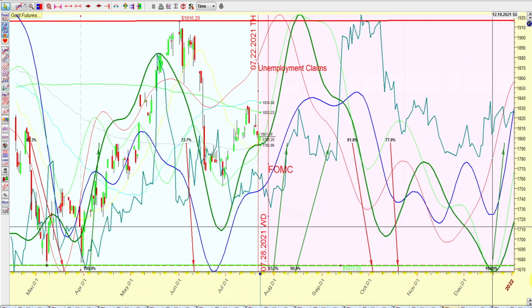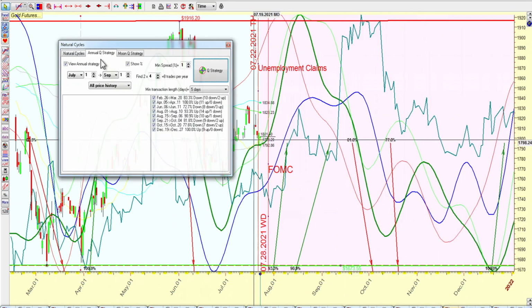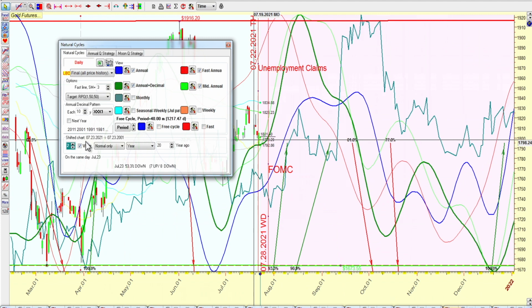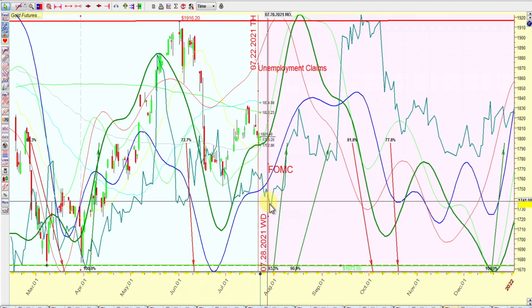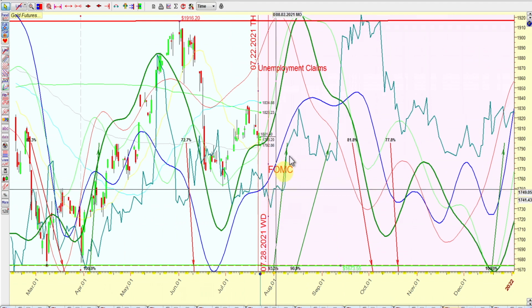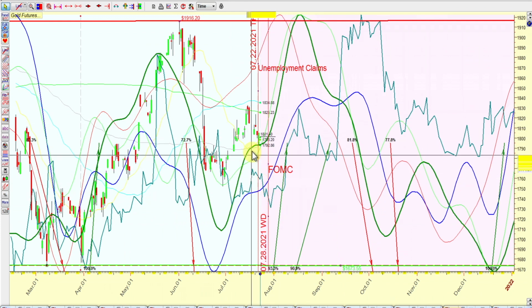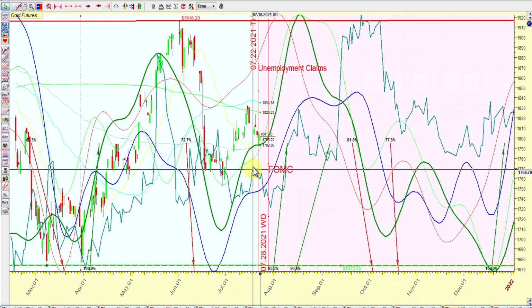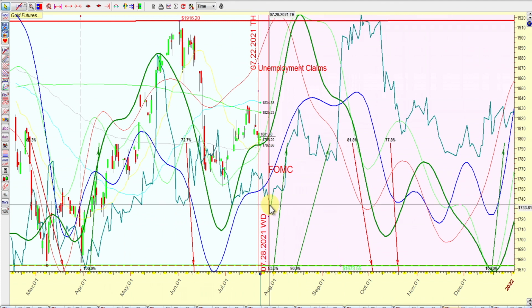Looking at the seasonals, let's clear it up a little bit. You can see that the 20-year, which is this one, is bearish. And then on the week of FOMC, it goes up, this little line right here. It goes up. If you do the 10-year that Gann taught, it's going up already. I wanted to just show you the bearish one in there.